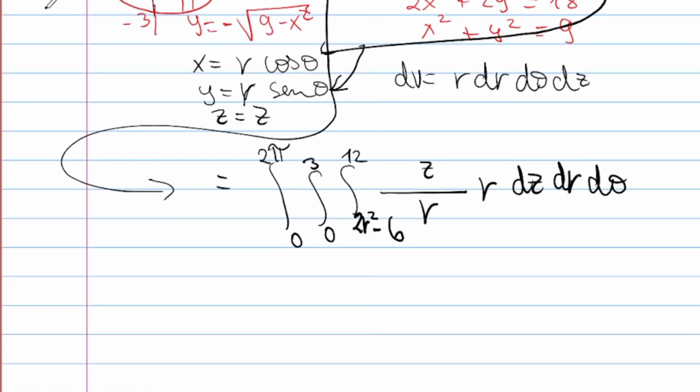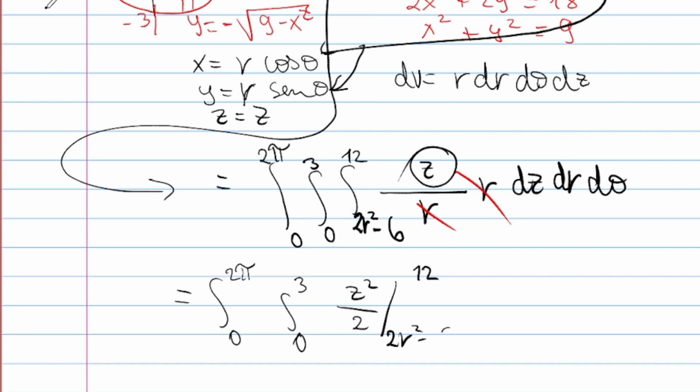We see something really cool. We can cancel out this and this. Yeah, this integral is already solved. There's no need for me to do this. Look at this, it's pretty obvious. Integrating this with respect to z, it's 12